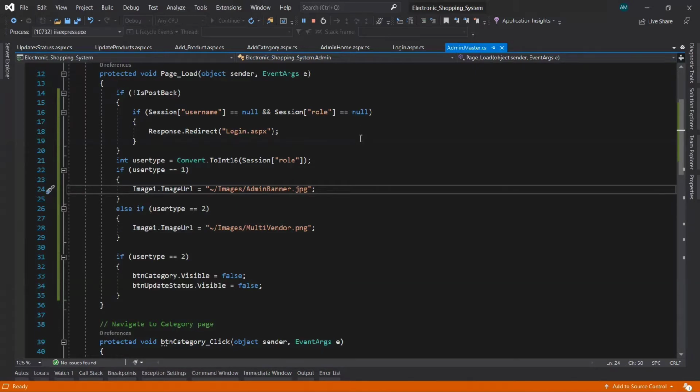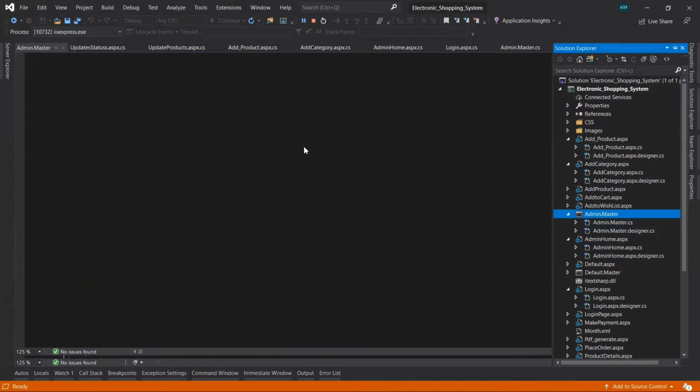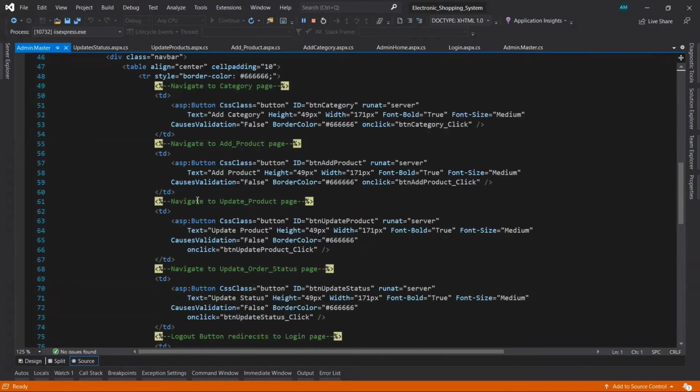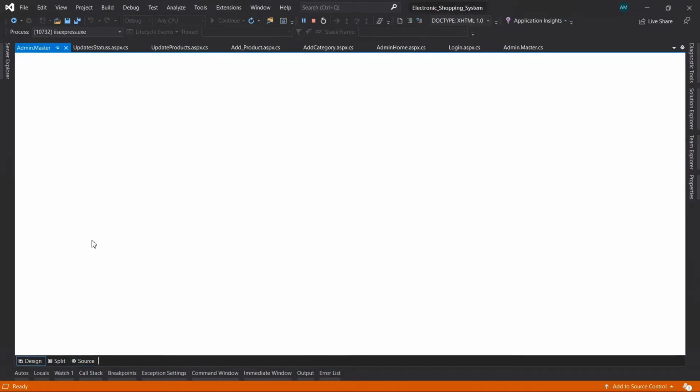Let me show you first where that image is. In the admin.master page, I have taken the image here. Let me show it in design, so we'll have a clearer picture.